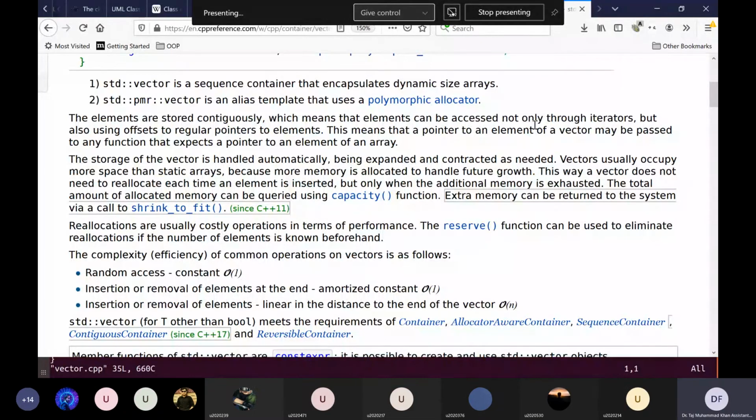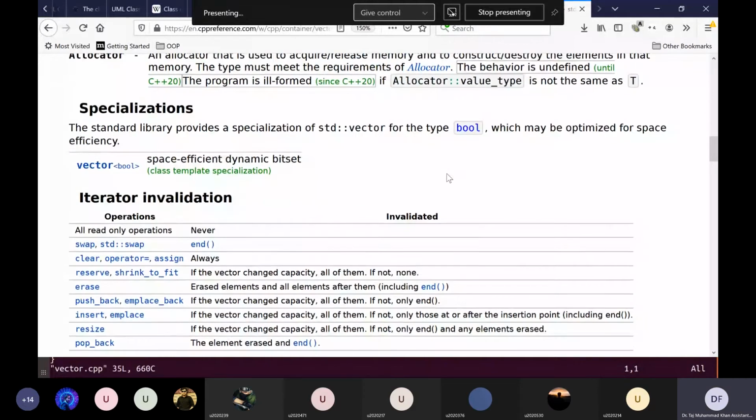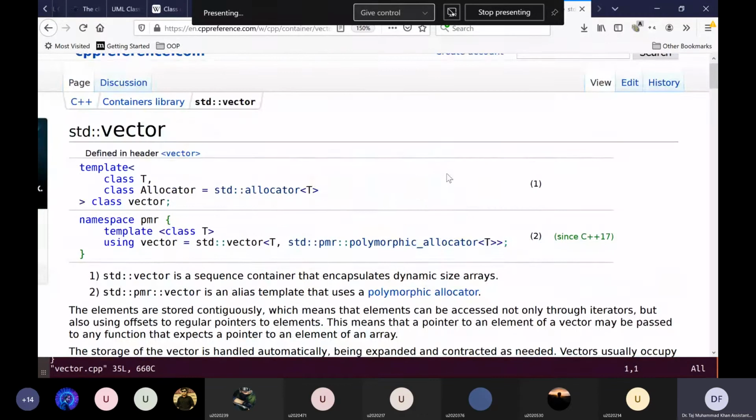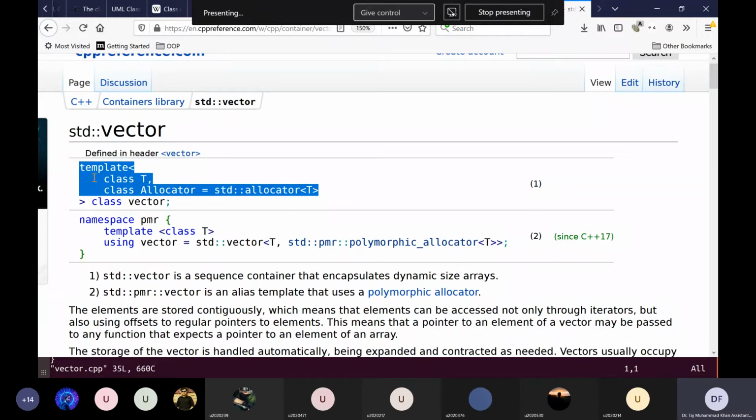Okay, so that should be good. So what happens is, it is defined like this. Where is it defined? It is defined as a template. Okay, it's a class, but this class is being defined as a template. And this template uses this type t, which we are currently using as an integer.